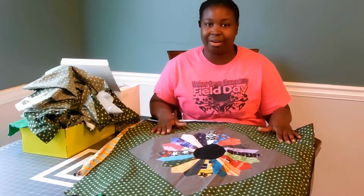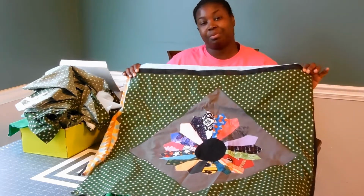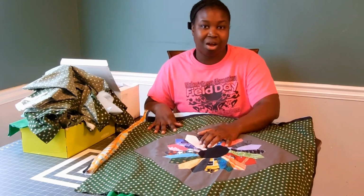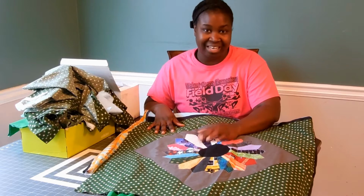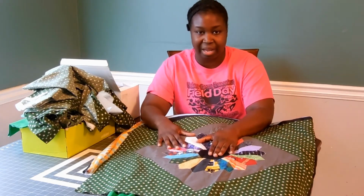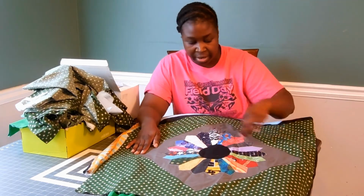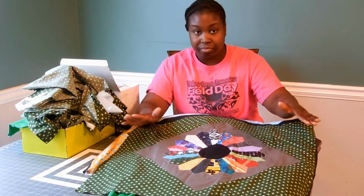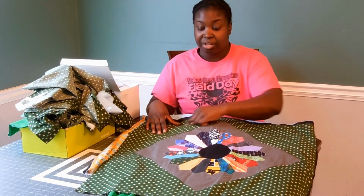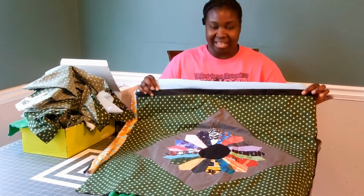I am working on creating a scrappy quilt backing for this Dresden Plate quilt top. If you've followed my videos, you may have seen that I made this quilt top. The Dresden Plate itself was made out of some scrap fabrics that I had, and then I backed it on this dark gray. Then I pulled from some really large scraps that I had to turn the blocks on point. It also has some black sashing,